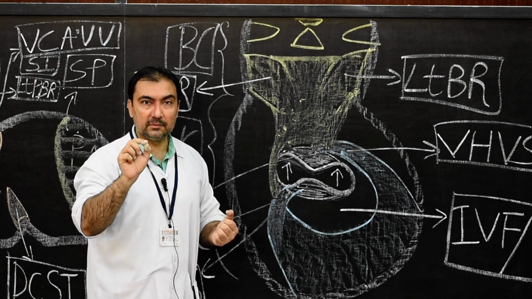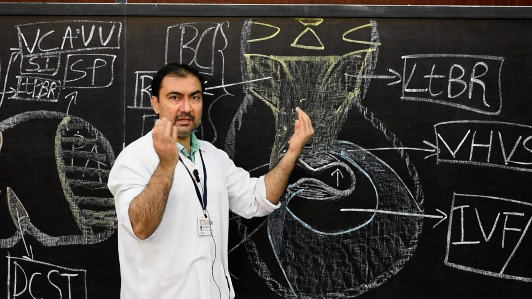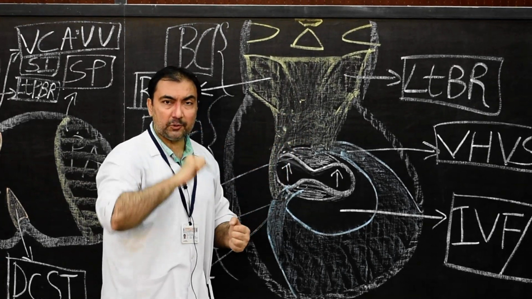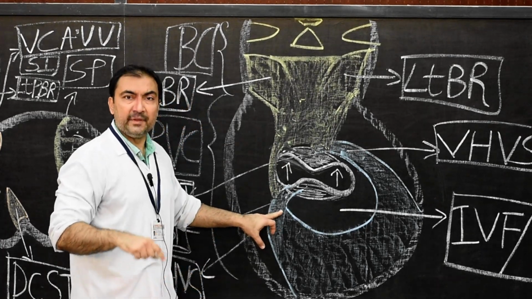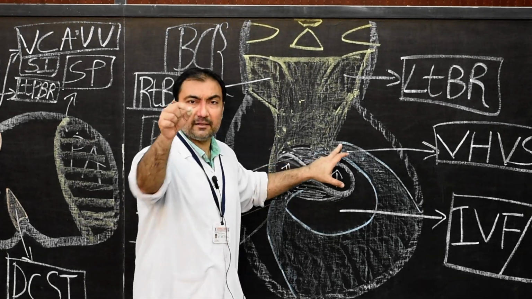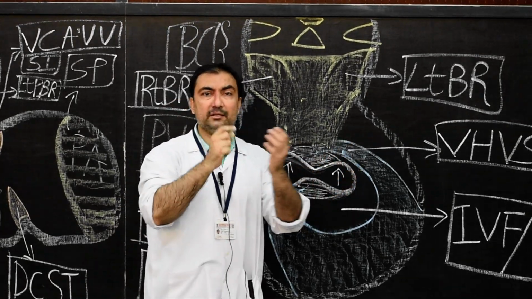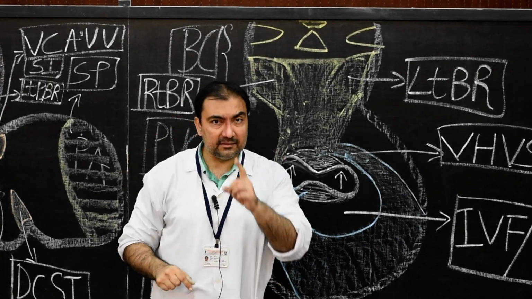Please note down. So therefore, in the second stage, the right bulbar ridge and left bulbar ridge will fuse with each other. They form the proximal bulbar septum, as well as the right bulbar ridge will fuse with the dorsal horn of the ventricular septum and the left bulbar ridge with the ventral horn of the ventricular septum, and they will partially close the interventricular foramen. Here we finish our second stage.